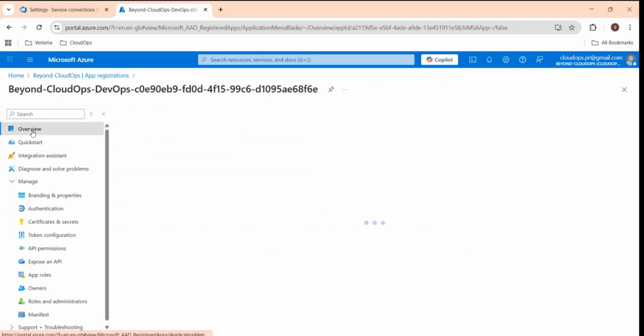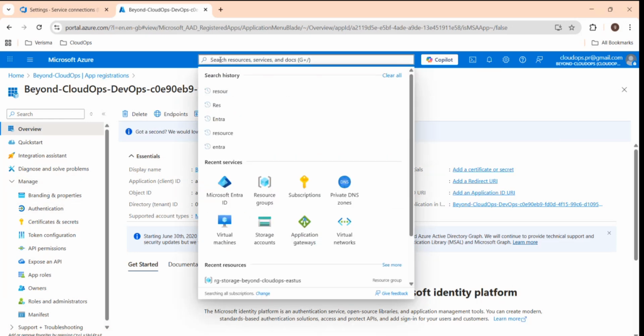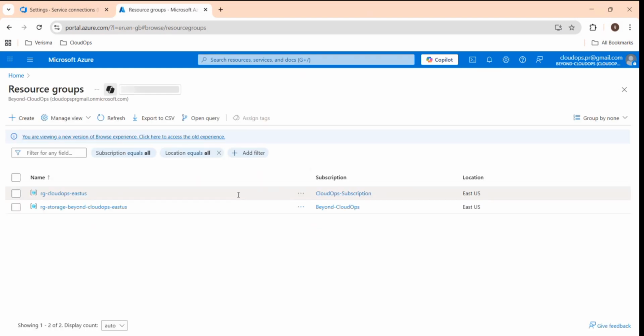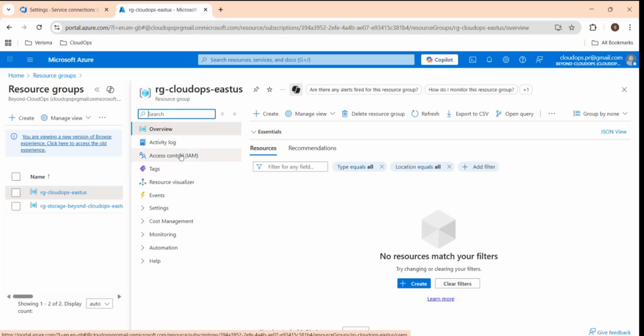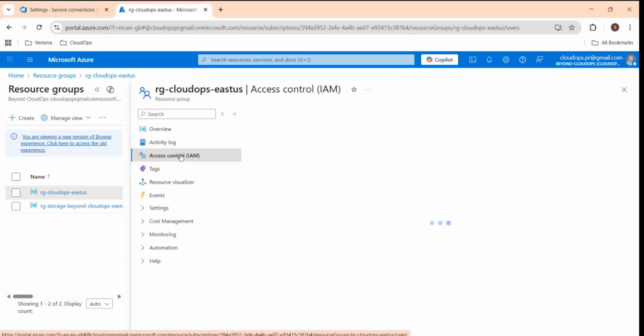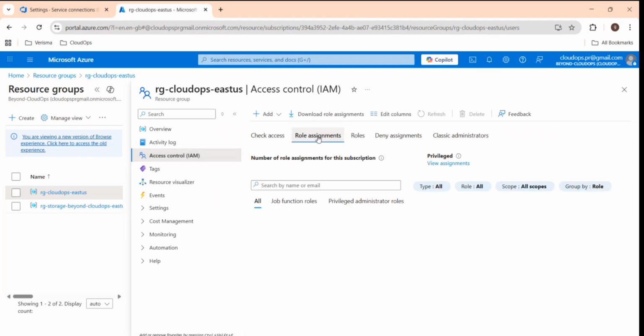And if you want to see the role assignment under the resource groups. So this is the resource group we have selected. So for this, under access control, if we go for the role assignments,